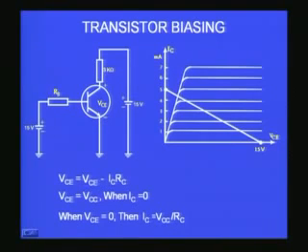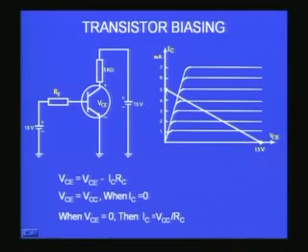So, this should be VCC. IC is equal to VCC by RC, and therefore this point on the VCE equal to 0 line, which is the y axis, corresponds to VCC by RC. So, for a given transistor biasing circuit, I know VCC, I know RC. The moment I know these two values, I can immediately draw a load line,